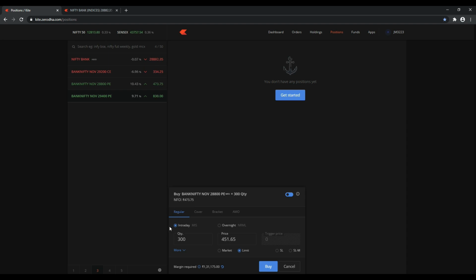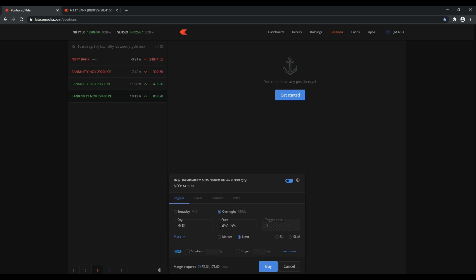And the other thing is the third section, which is the most important thing you have to pick. One is intraday and the other one is overnight. Intraday is nothing but, if you are taking a trade today, by 3:30, the market closing time, your trades will be closed, whatever you have taken. Usually for discount brokers it will be between 3:10 and 3:20. So at 3:20 p.m. every day, whatever positions you have taken under this intraday or MIS will be closed. It will be auto closed.